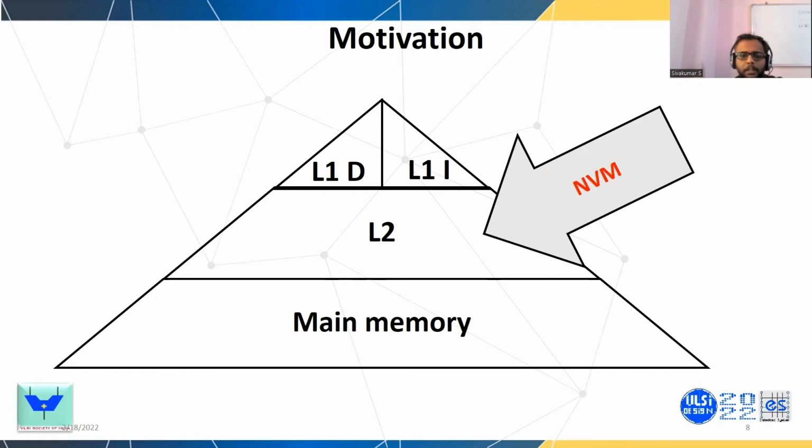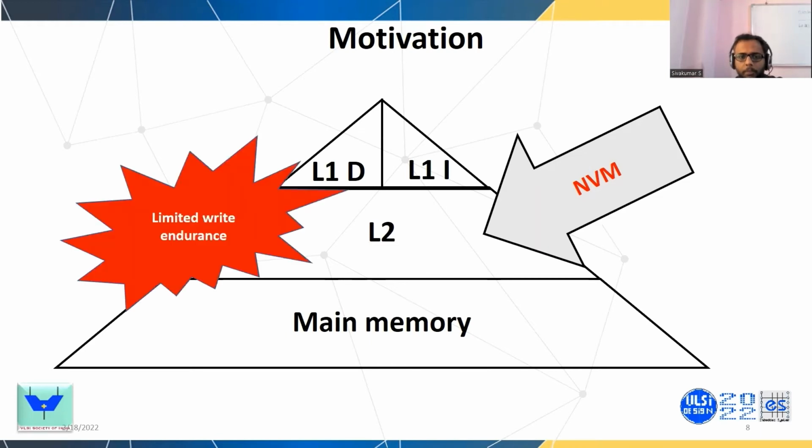The advantage of such a replacement is that because of the high packaging density of NVM, we can accommodate more memory cells in a given area than SRAM. Moreover, NVMs have zero leakage power also. But the problem with such an architecture is the limited write endurance of NVMs. Whenever there is an application with non-uniform write patterns, the memory cell tends to burn out faster, and it will affect the system performance. This emphasizes the need for a good wear leveling policy when we are trying to implement NVM in last level